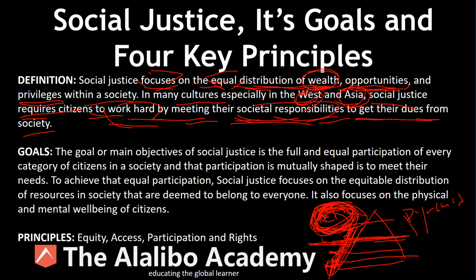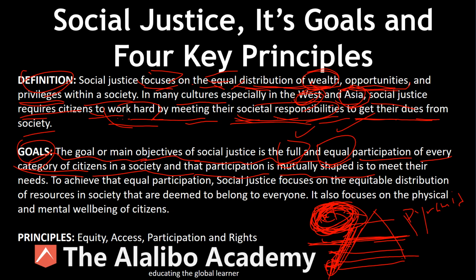All right, now let's move on and take a look at the goals. Now, this is a definition. Now, goals. The goal or main objective of social justice is the full, please take note, and equal. So two things happening here. One is full, one is equal. Participation of every citizen, every category of citizen in a society, and that participation is mutually shaped to meet their needs, right? What does that mean? Mutually shaped to meet their needs. So the society and individual are both benefiting from this. The individual is putting in hard work, and society is meeting the individual halfway and giving the individual the dues,